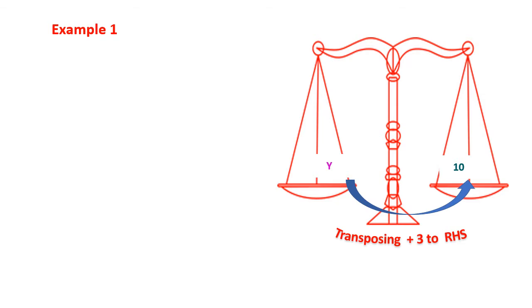Hence, we are remained with only variable y in LHS. As I already told you, in LHS our aim is to eliminate all the other numbers and only keep the variable. So we have come up with the variable in LHS, but what about RHS? Yes, the 3 gets subtracted in RHS because plus 3 has got transposed. Here it comes, plus 3 has become minus 3.